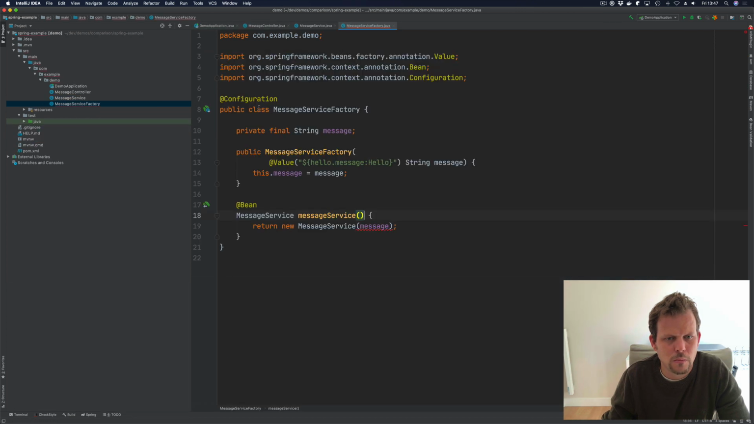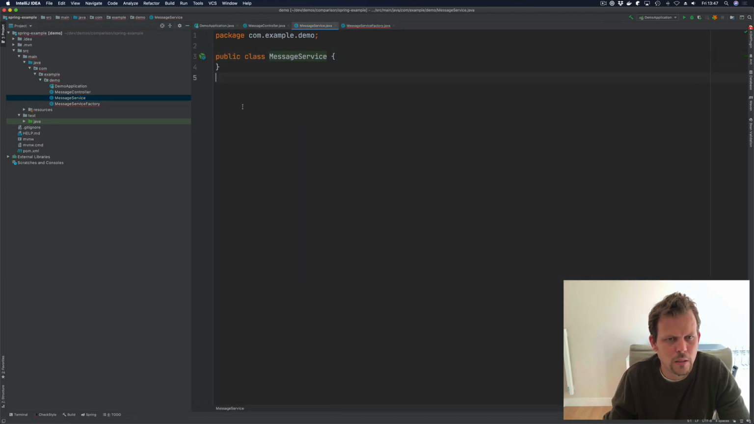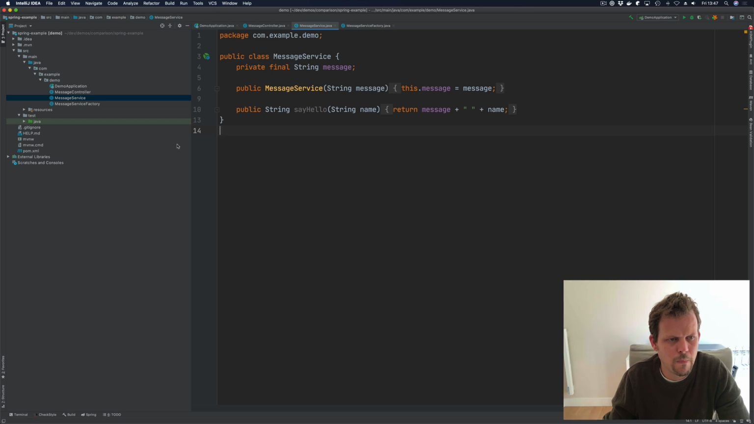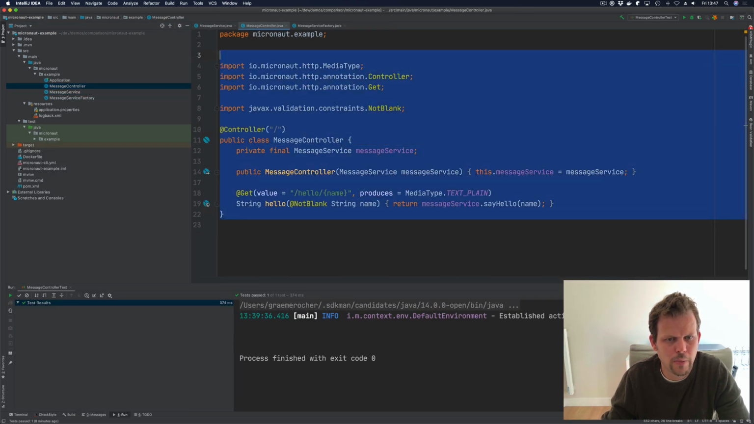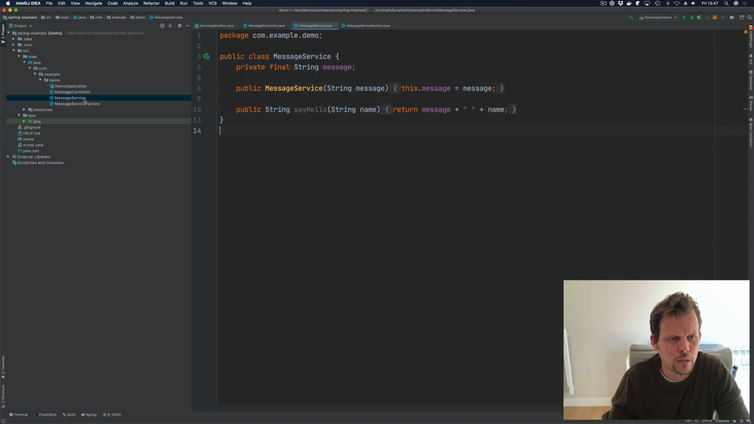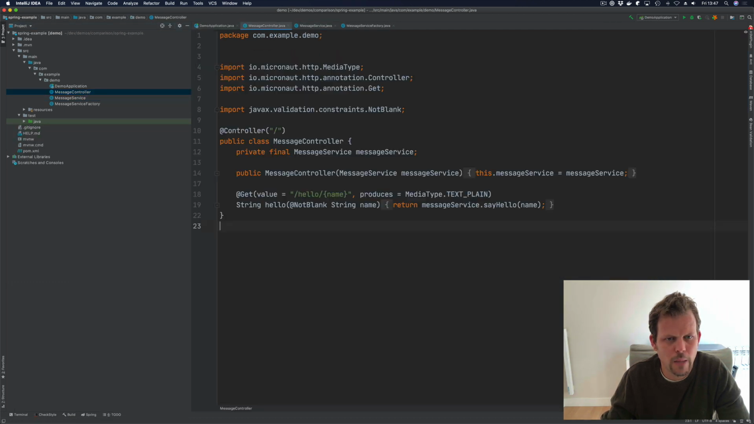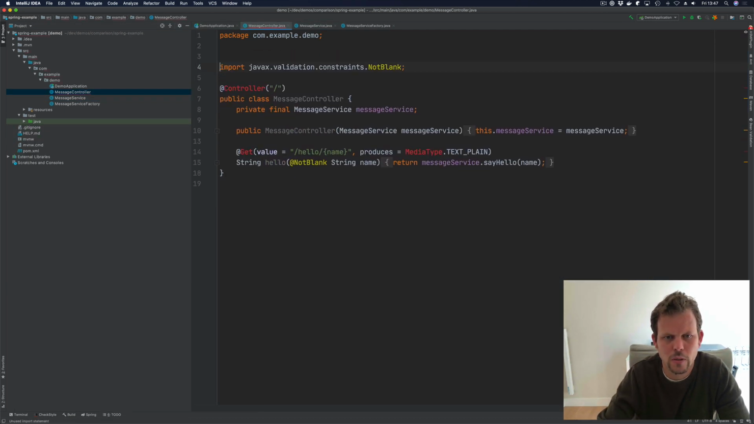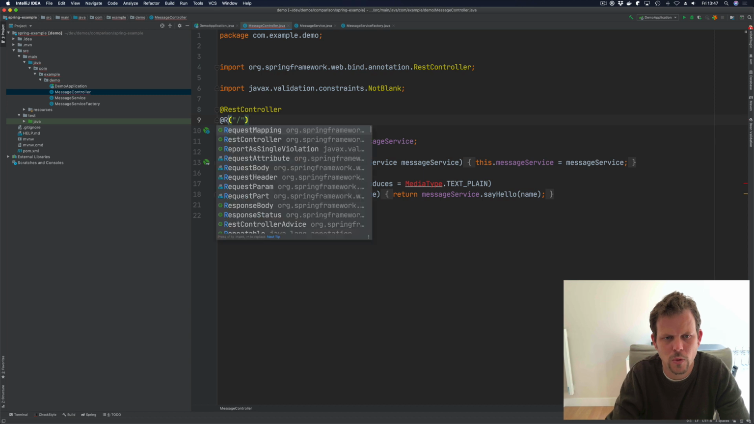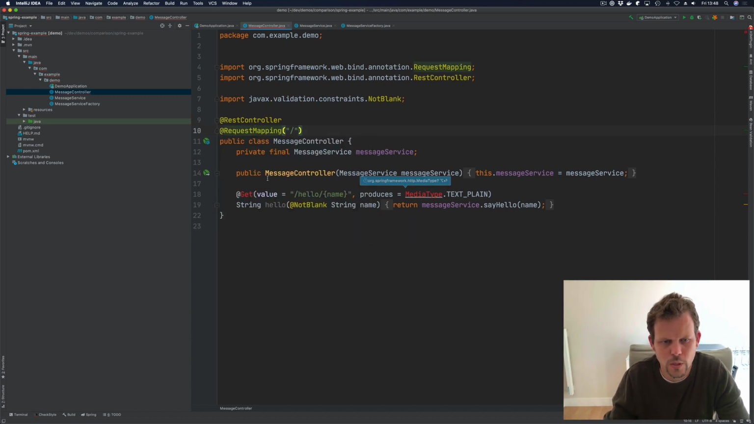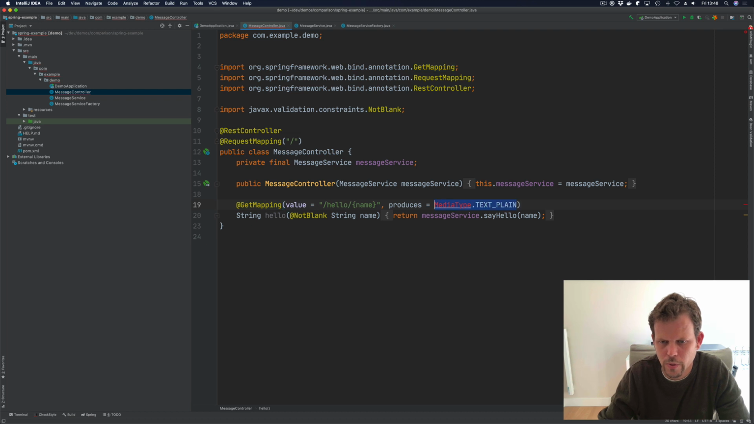There we go. Oh, no, not that one. This guy. Message service is the same. And then the controller, we're going to copy and paste as well and adapt. So we don't have Micronaut, so this is going to be a @RestController that has a request mapping of root. And this is going to be a get mapping that produces